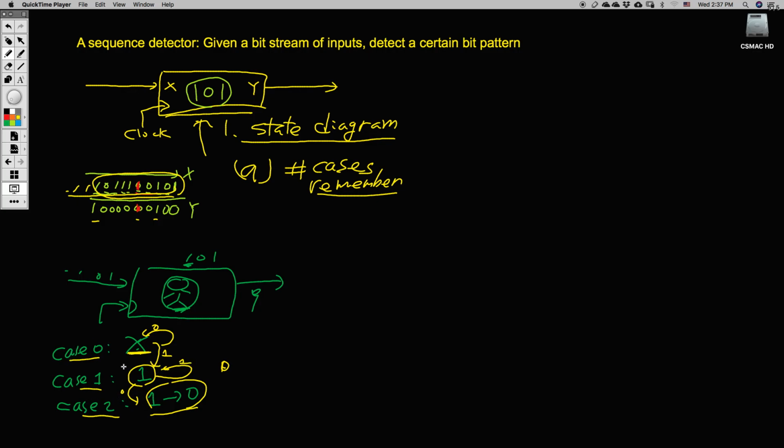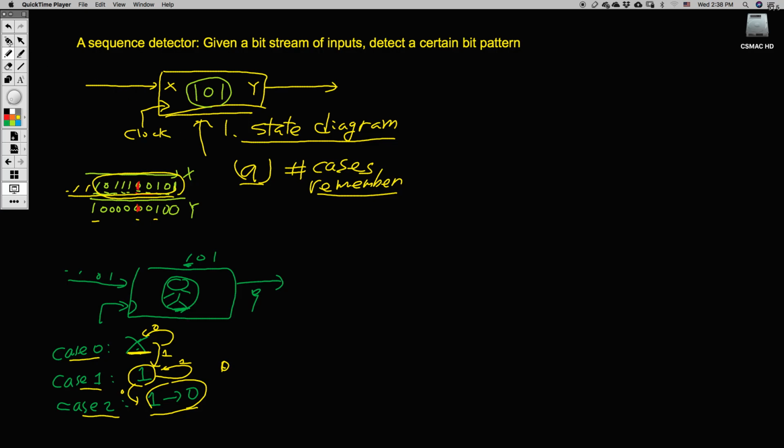So by remembering which case you are in, based on inputs 1 or 0, you can either make a transition to another case or just remain. And based on that, you can detect a certain bit pattern. So that's the idea of a state diagram: a number of minimal cases, which you should remember. So based on that, let's